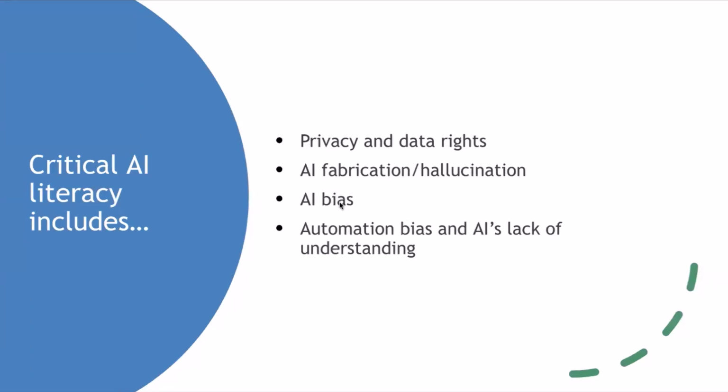Things like the bias that's inherent in many of these systems because they've been trained on sets of data that reflect a lot of bias. So even though they might seem like they would be more neutral, they actually can be more biased than a human. And just a basic lack of real understanding or consciousness behind what's coming out of the system. So knowing that it's predicting, right? It's predicting text.